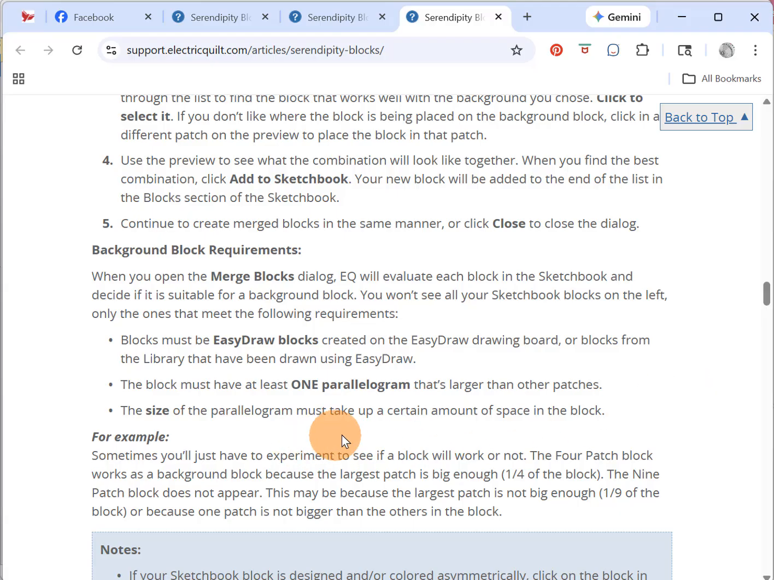And then the size of the parallelogram has to take up a certain amount of space. So when you experiment, the 9-patch doesn't work for a block to merge into, but the 4-patch does. So that doesn't make a lot of sense to me, but I guess it's the percentage of the block it's taking up. So let's go back